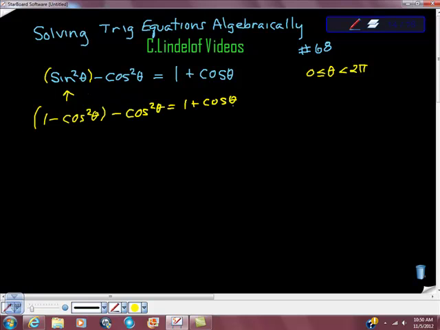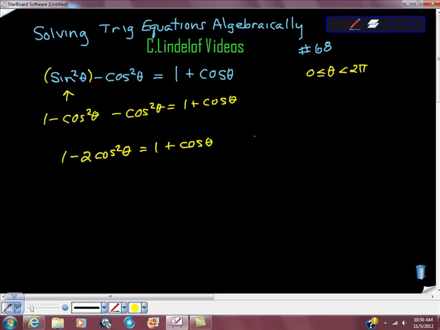Cosine theta. So here I'm going to start to solve. Now this whole thing is in terms of cosine theta, which is really important. So the first thing I'd say is make sure that, where possible, you have your argument in terms of one trigonometric function. These parentheses have nothing binding them, so we're going to take them off and gather our like terms. We're going to get 1 minus 2 cosine squared theta